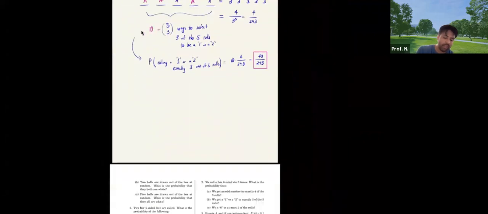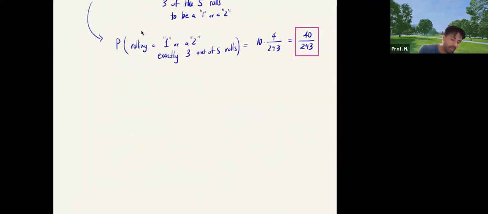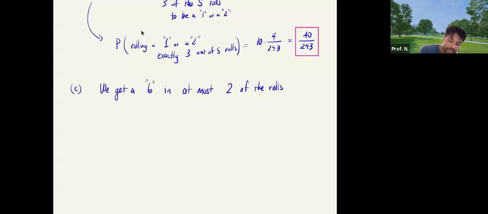Okay, so to finish this off, let's look at part C. Hopefully everything comes full circle with part C. Part C says we roll a 6 in at most 2 of the rolls. So here we have to be a little bit more careful. So the idea here is that at most,